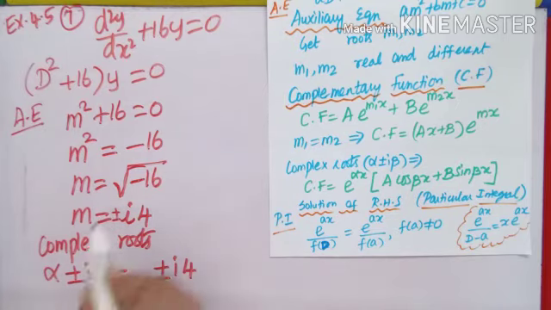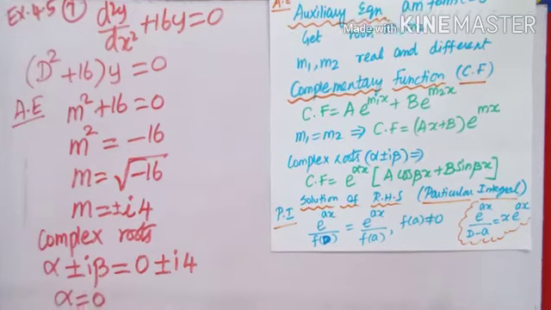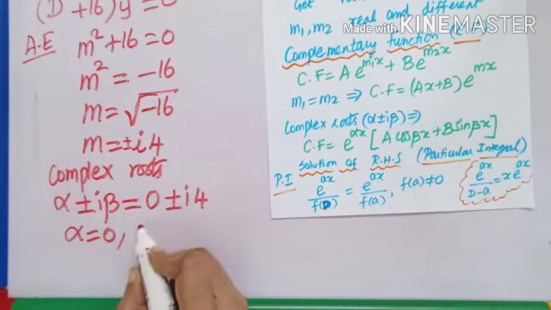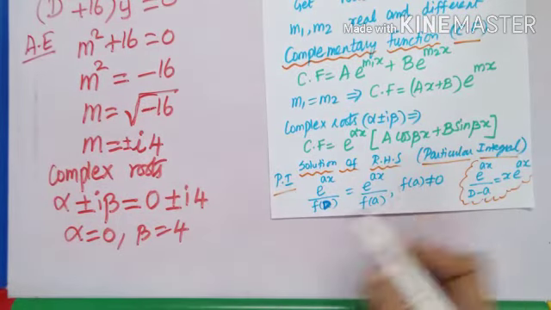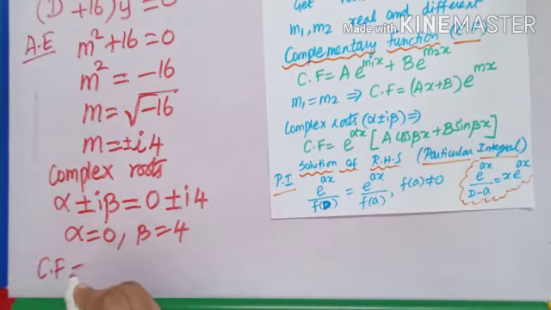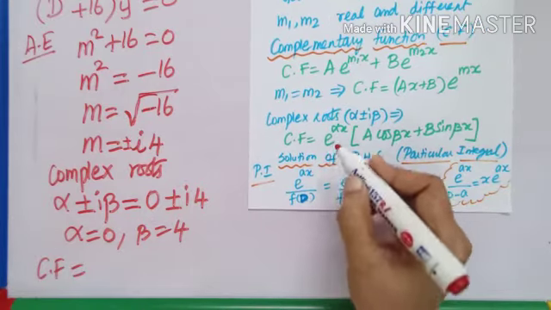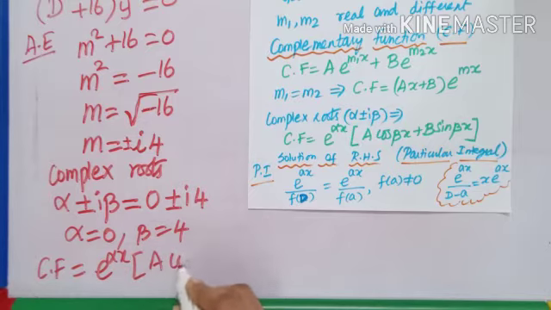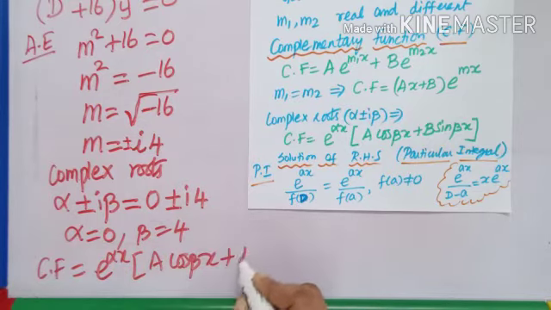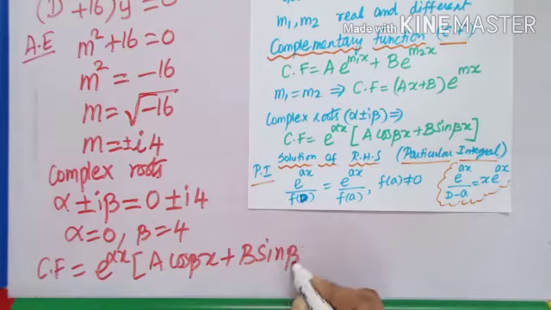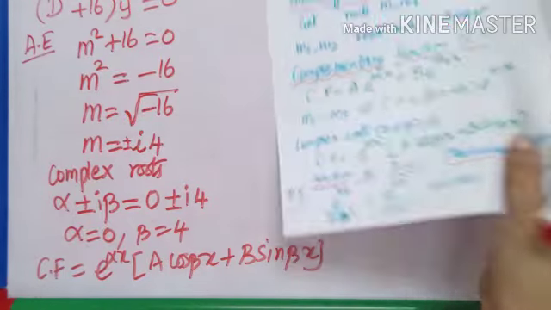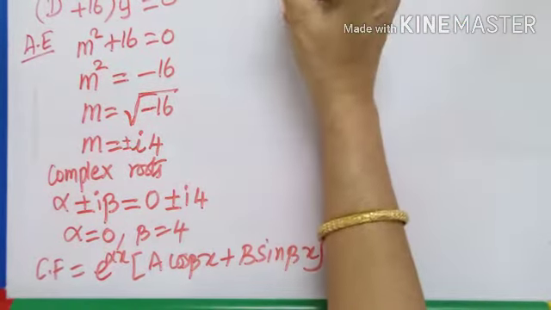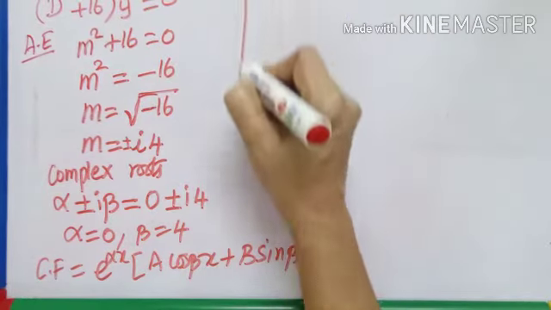There is no alpha here, so call it as 0. Comparing, alpha is 0 and beta is 4. And we have the formula for the complementary function. It is e power alpha x into a cos beta x plus b sin beta x. As I substitute in the formula, CF is equal to